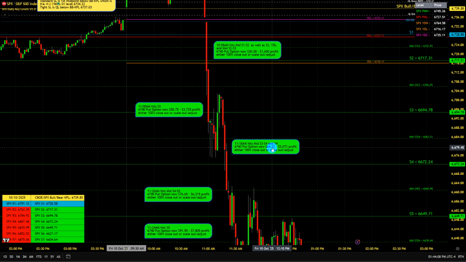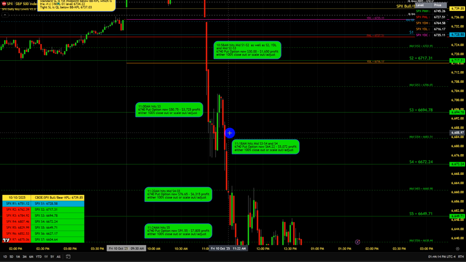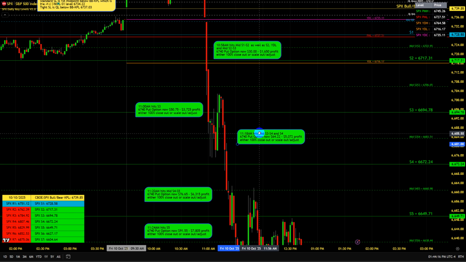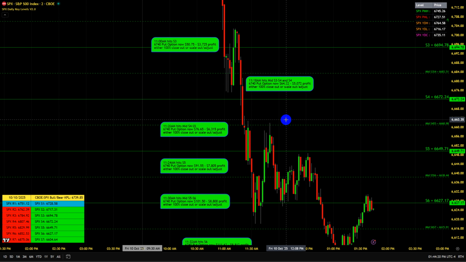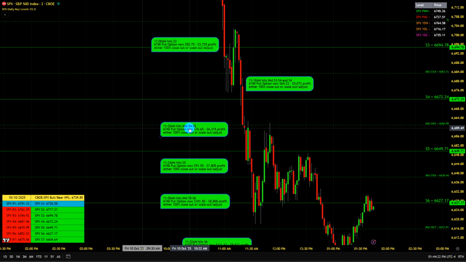So at the 64.22 level, you're making your adjustment to 50.75. Okay, and then when it gets down here and hits the mid S4 S5 level, it's now $76.65,